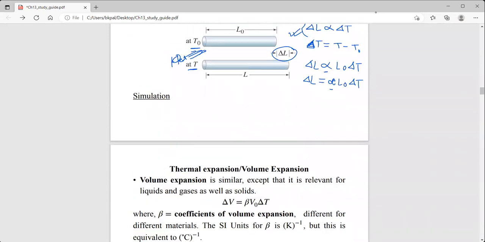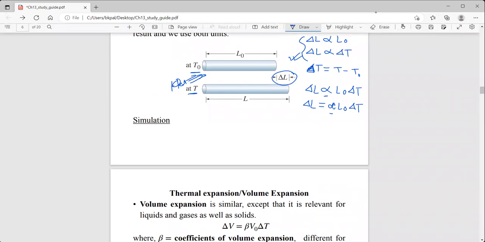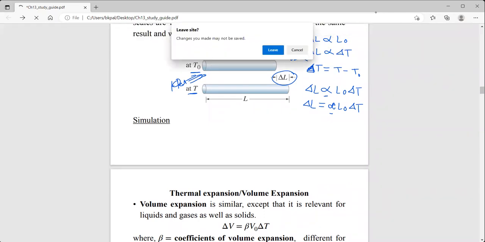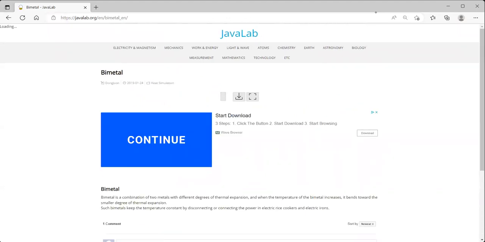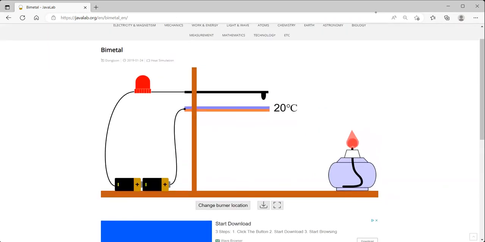So here I have a simulation. Let me show this simulation. Here I have a bimetallic strip. The orange and blue thing here at 20 degrees Celsius is the bimetallic strip. That means we have two metals here. Now, if you bring the burner under the metallic strip, under the metal, you will see that it expands and